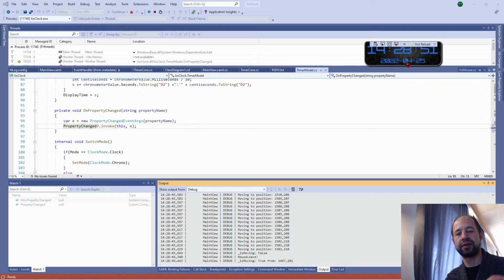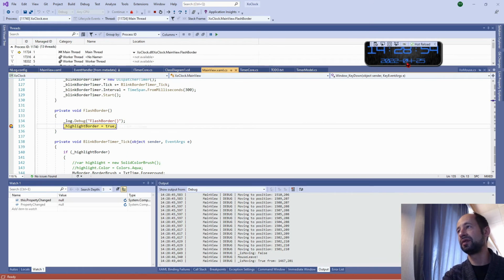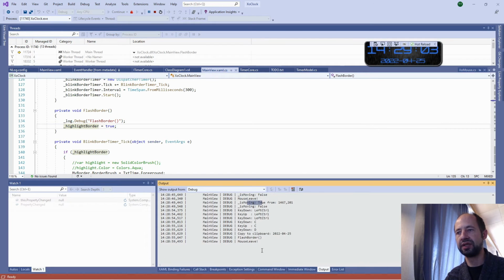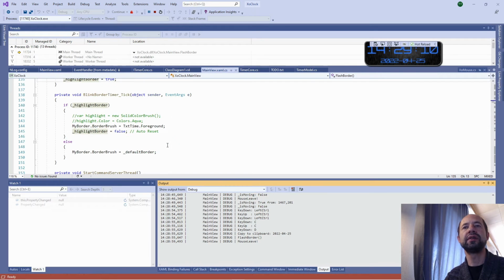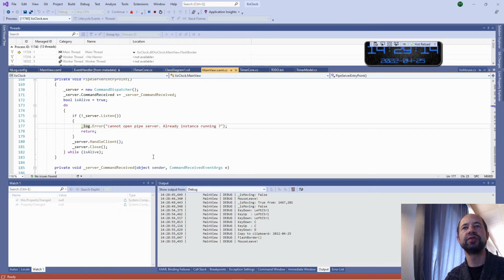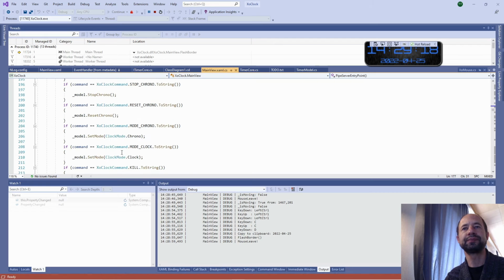I can say I want to copy the date. I have a breakpoint here, like this, and you see the debug output is moving. Control up, Control C, flash border, mouse leave. And all this is displayed because I invoke the logger, and the logger is used here. Log error or log debug.